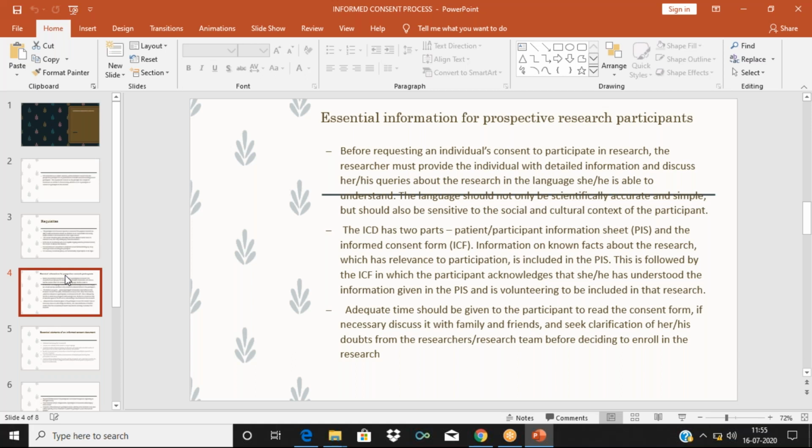After educating them, this participant information sheet will be given to the participant, and afterwards the informed consent form will also be given. In the informed consent form, it will be written like, I understood what all the procedures are that will be done in this particular research, and without any force or coercion, I am willing to participate in the research. In that form, the participant has to sign. And if the participant is not competent enough to do that, then the legally acceptable representative will sign. In case the legally acceptable representative is signing, then there should also be the presence of an